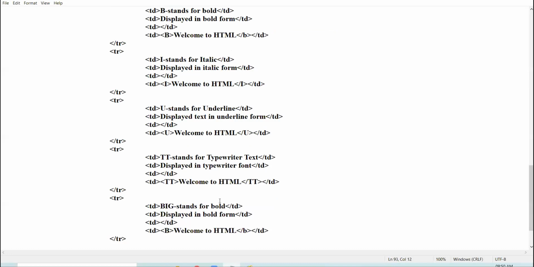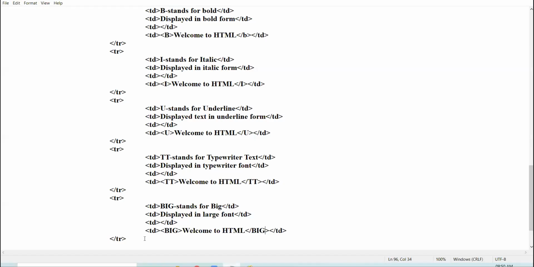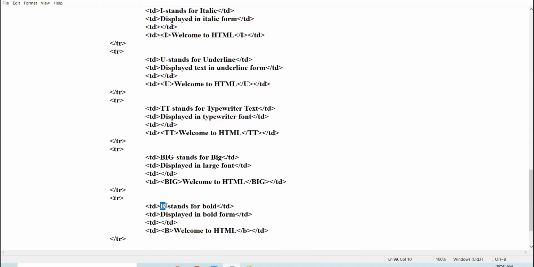Then I have here, next is big, stands for big, displays text in large font. Okay. Then next we have small. Okay.